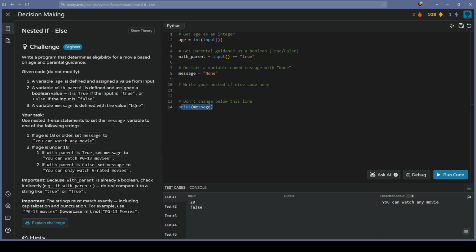Alright, so write a program that determines the eligibility for a movie based on age and parental guidance. Given code, do not modify. Variable with parent boolean. Your task is to use the nested if else statements to set the message variable to one of the following strings. Okay. If age is older than 18, so we're doing it here. So, if age is greater than or equal to 18, set message